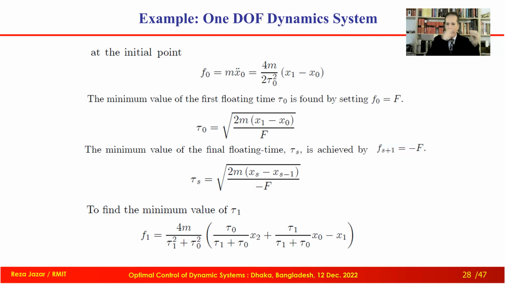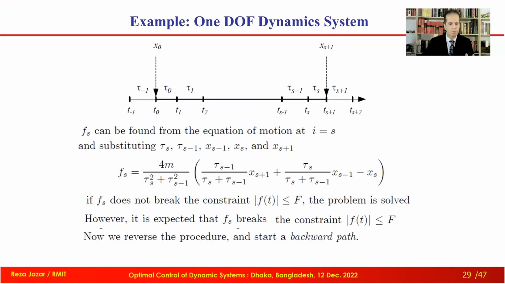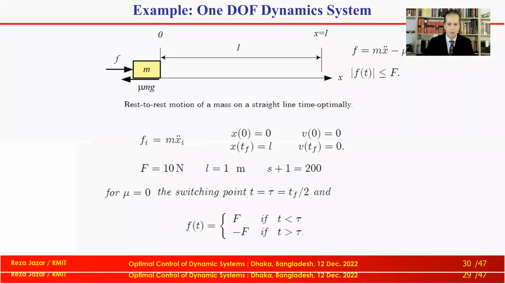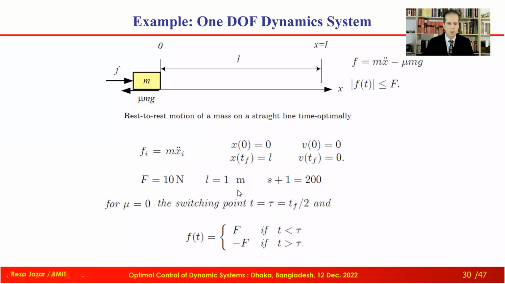So you can imagine that when I do this, on the backward calculation, I must go up to the middle of the path. And in the middle of the path, I get 1 point where the f value is within the limit. I can make this accurate by increasing the number of increments. Let's assume we start with 200 increments and see the principle, and then numerically we go to 2000 increments to have the value very accurate. I explained everything here, and let me skip that. And this is the example that I'm going to solve.